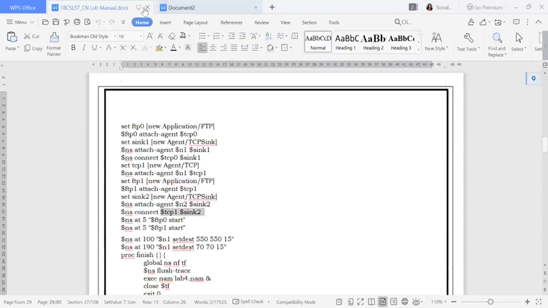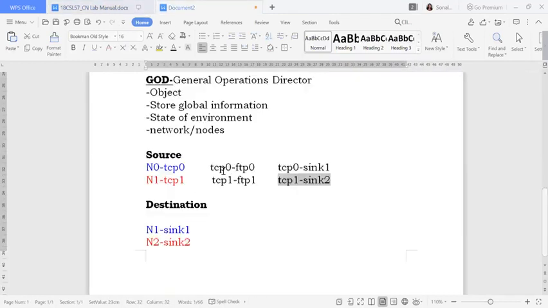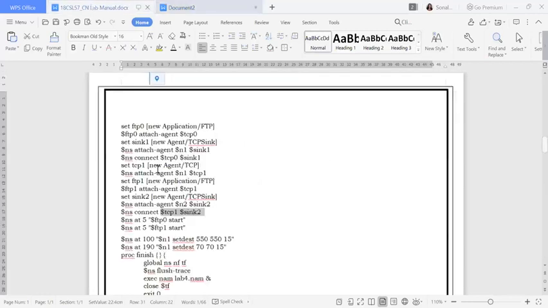Once all these connections are given, we know that this TCP0 and TCP1 both are my source nodes. So the packets have to start moving from our source node only. So what is that? This is nothing but your FTP0 and FTP1. These two have to start at some milliseconds of time. So here I have given 5 milliseconds of time. My FTP0 has to start. Then again at the time period of 5 milliseconds, FTP1 has to start. Okay. So now this is the attachment I have given.